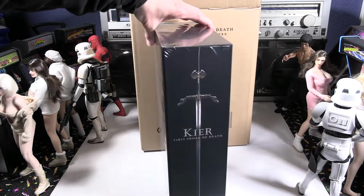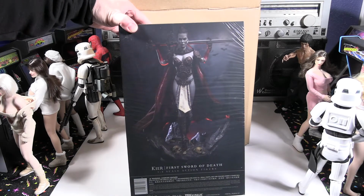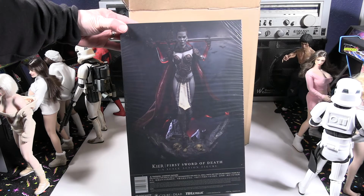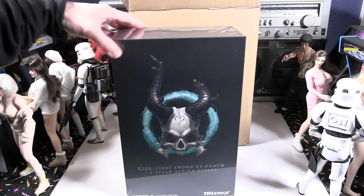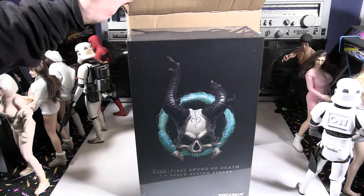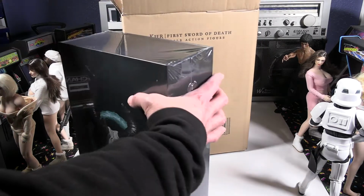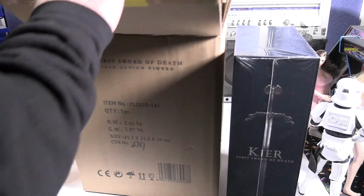And as you can see, this box is a very nice looking box, and we'll take off the shrink wrap in a bit. But just to get more familiar with the Court of the Dead, that's why I picked up those two books, to get more into the background of the character. So yeah, you can see the box, very cool art. I think the chief creative officer of Sideshow is the one that actually created this Court of the Dead,